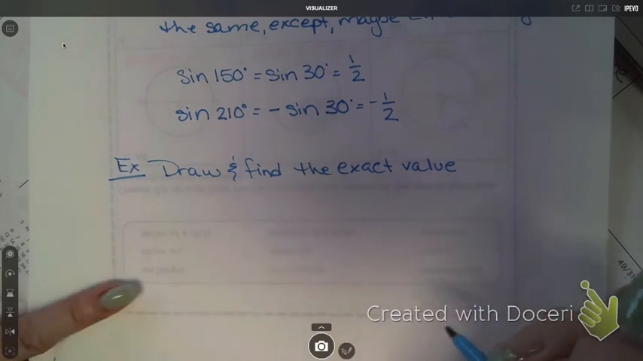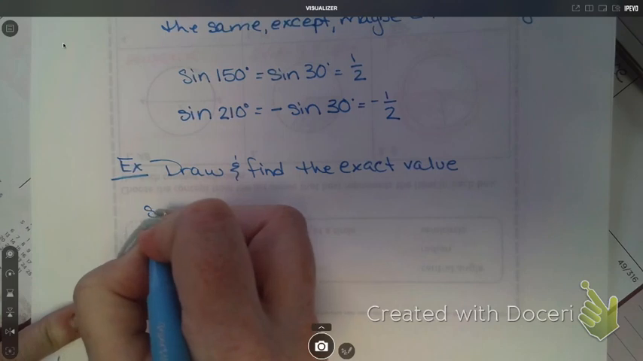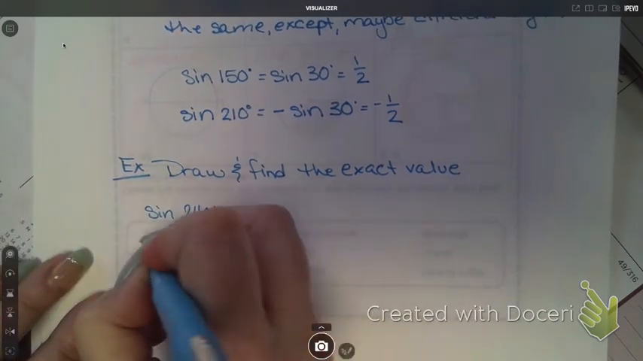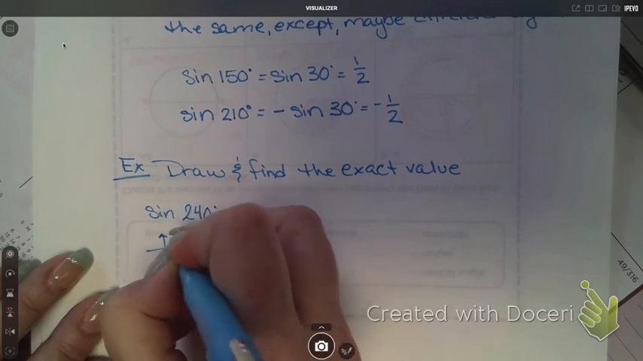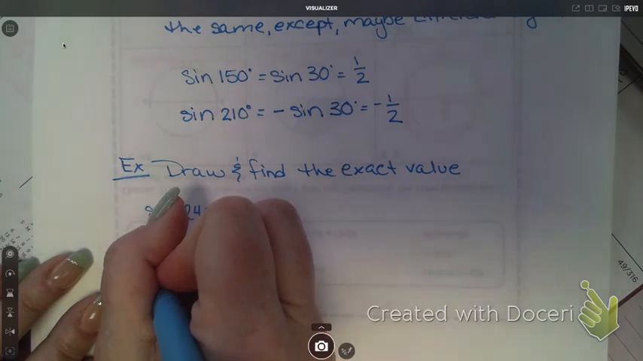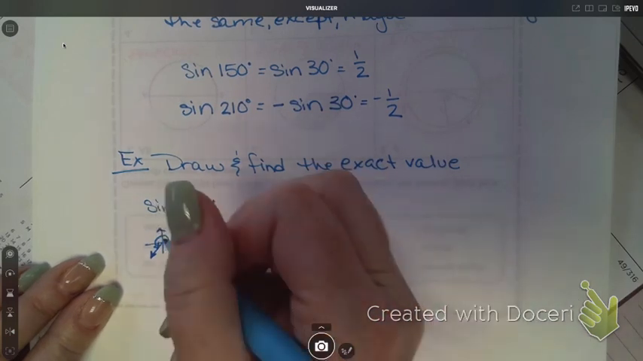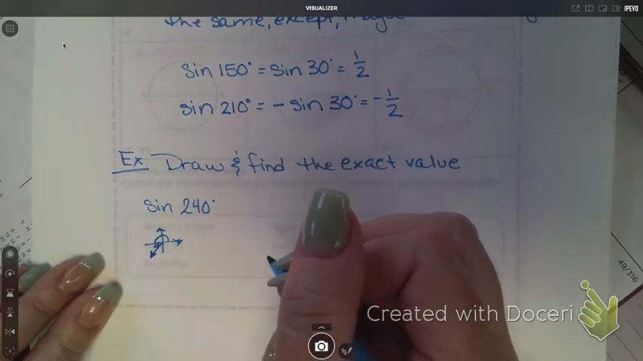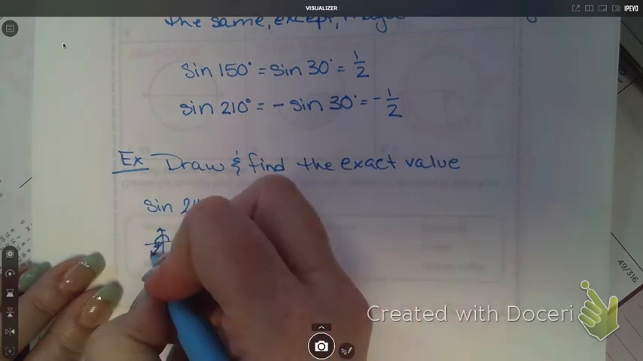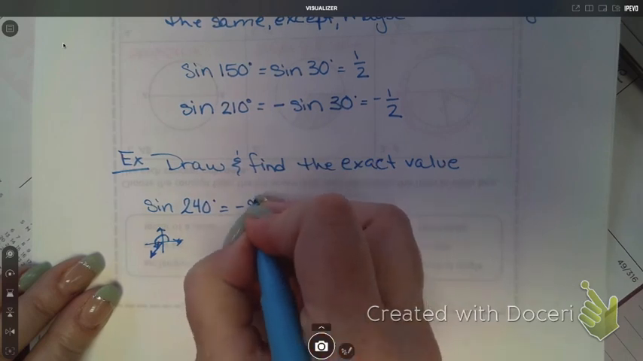Does it have to be like an amazing drawing? No. Okay, I want the sine of 240. So just a little drawing like this, right? Where's 240 at? Quadrant 3. Why do you think they want you to draw it? So you can see it. Okay? And do I have to make this loop around there? Yeah. So 240. Positive or negative there? Negative. So it's going to be negative the sine of